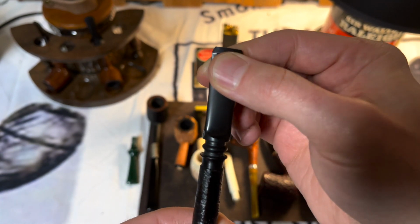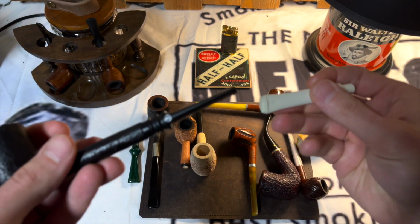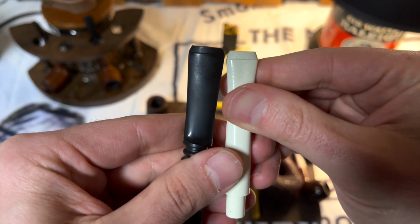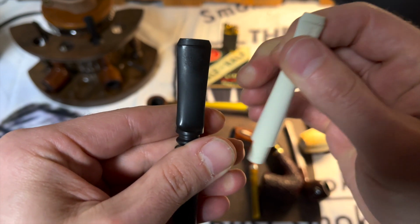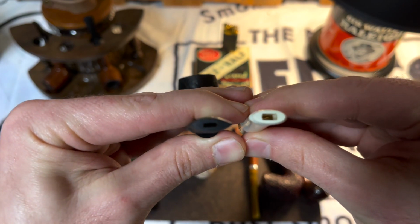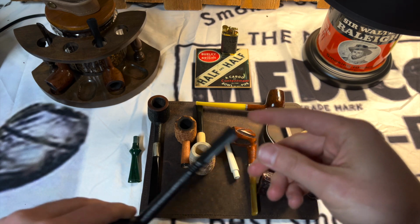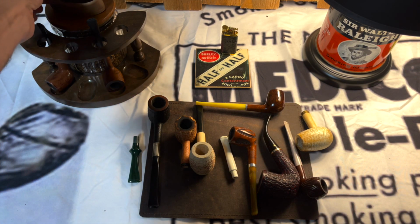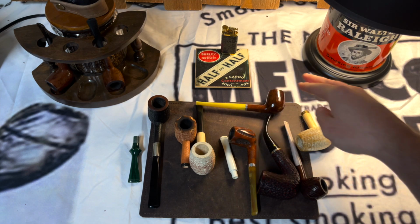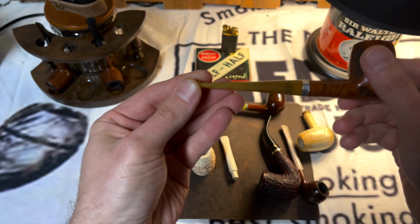That's my guess. This line to me is very similar in feel, and even look, to the Missouri Meerschaum stems. Now this is a little wider, so you get a little more surface area, but I would bet that these are plastic. The new Medicos, and a lot of the older Medicos, the States, so these guys and this one, and definitely this one, that are Bakelite, they have a